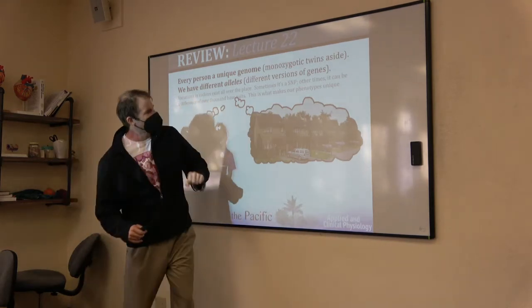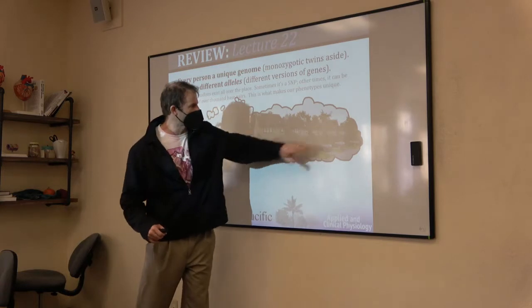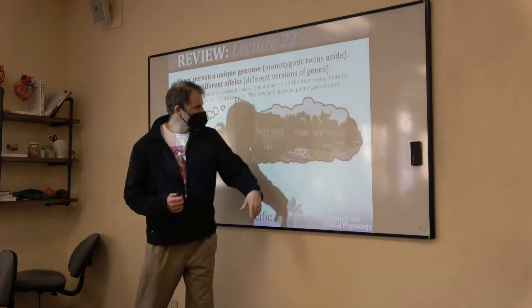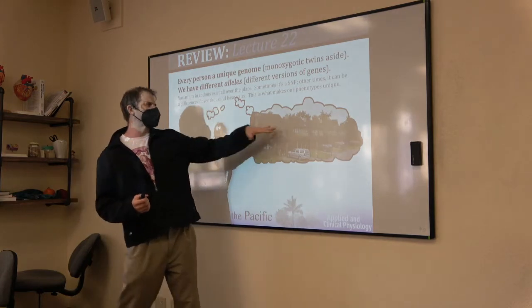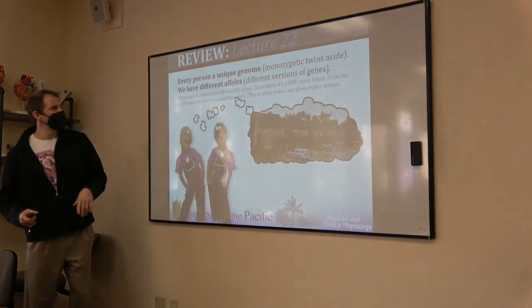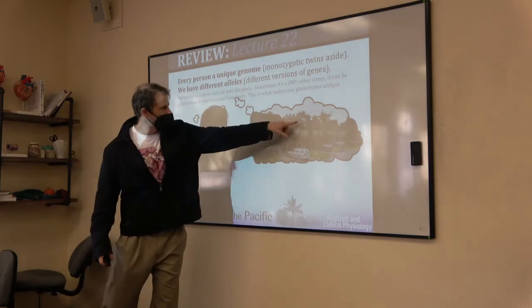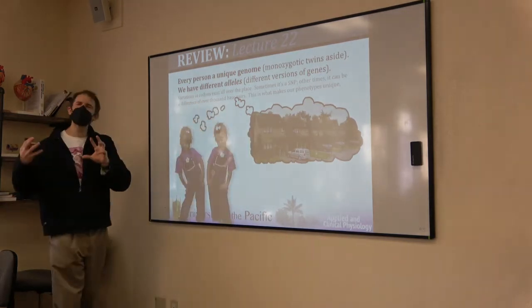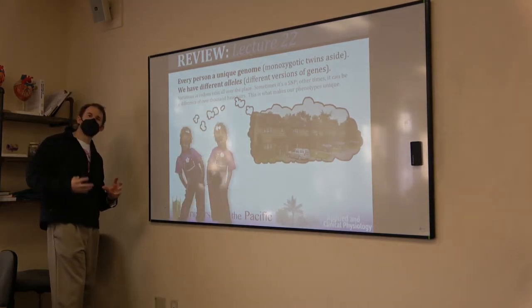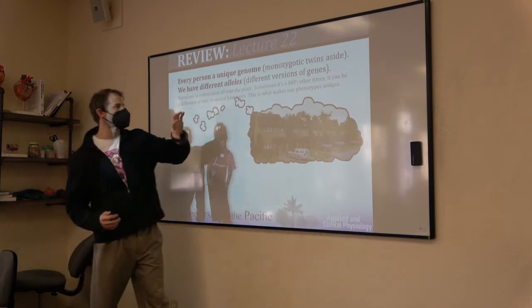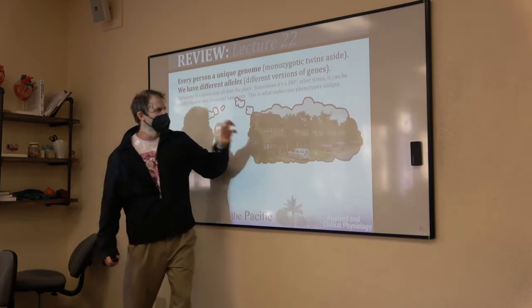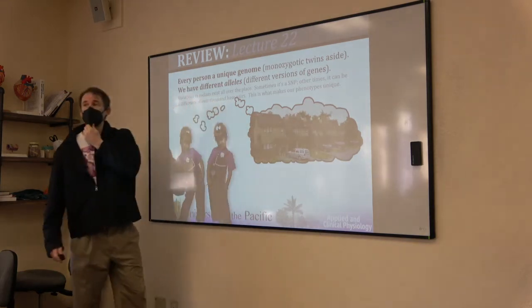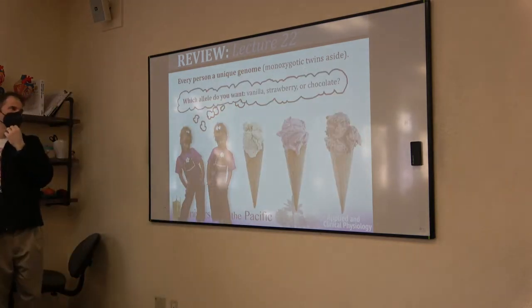So this house is a tiny bit different from that house, a tiny bit different from that house. I guess they all have vans. That one's like a Subaru or something. But the flowers are different. Maybe the shutters are different. This one has an antenna, that one doesn't. So there are very small differences from house to house. There's a single architectural plan, a single gene, but then there are little modifications, little differences. Those would be alleles, different versions of the same gene.